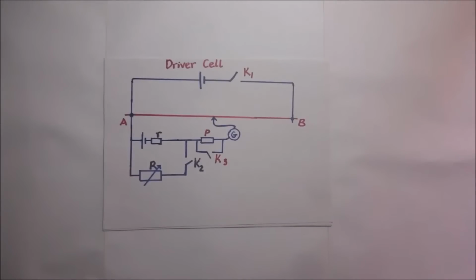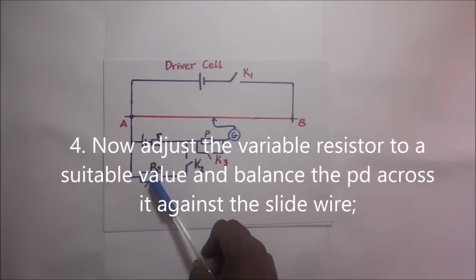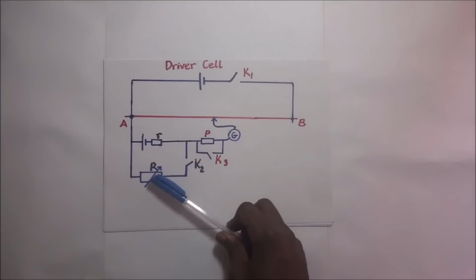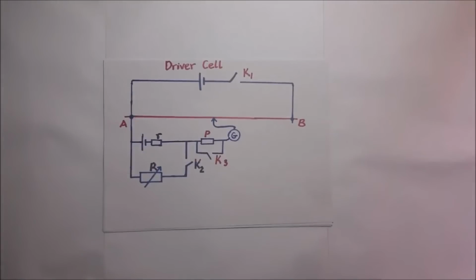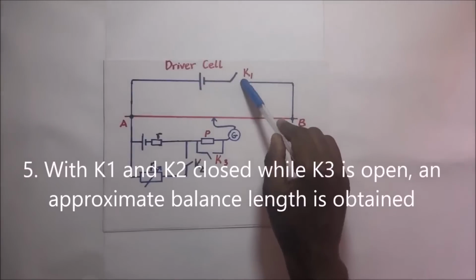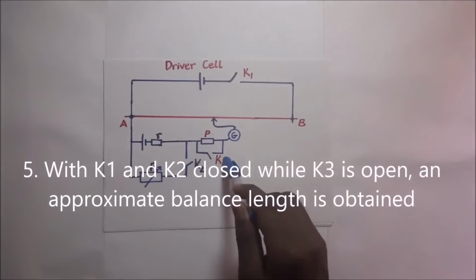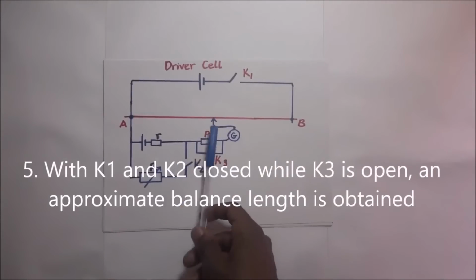So our next step now is to adjust. We go ahead and adjust this variable resistor so that it attains a suitable value. And then after adjusting this rheostat until it gets a suitable value, we balance it against this slide wire. How do we do this? With K1 and K2 closed, while K3 is still open, an approximate balance length is going to be obtained